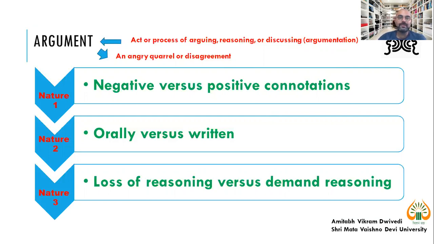All these parts of research are important and they make your research writing argumentative. When we look at the nature of this word, we find that one meaning has a negative connotation, whereas another meaning has a positive connotation. When you argue with someone, then you lose your reasoning. Whereas when you put an argument into your research, it demands a lot of reasoning. Moreover, when you form an argument in research, you are engaged in written communication. Whereas when you are arguing with a person, you are engaged in oral communication.